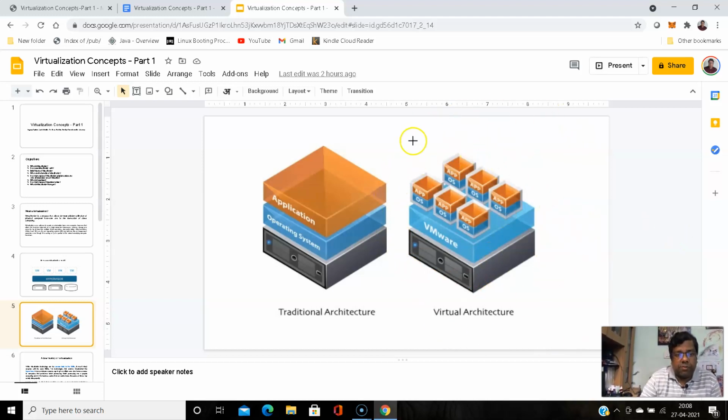So what is the benefit? Where you needed earlier around 60 physical boxes, now you need only 10. So this is the way you can configure it. It depends on how many virtual machines you can run on a physical server, and that depends on the capacity of the physical server, like how much memory and how much CPU is installed on it. So I hope this clears up what virtualization is. Let's go further.